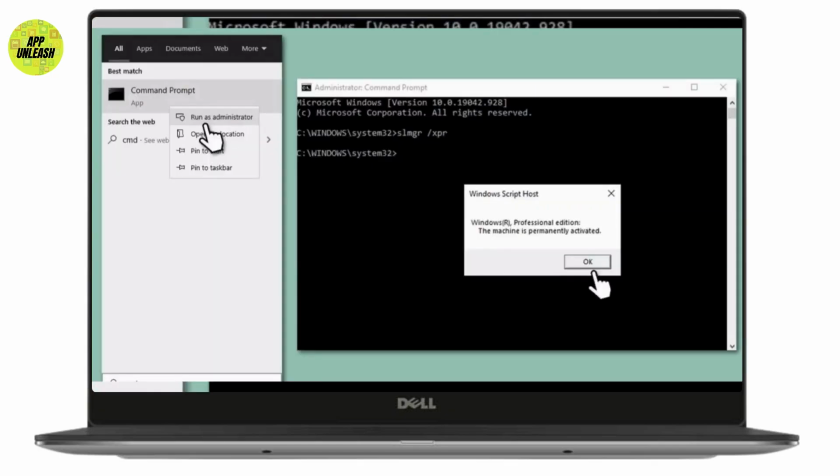Now, the other method is use Command Prompt to activate Windows. Type CMD in Windows search, then right-click on Command Prompt and select Run as Administrator. When User Account Control shows up, click Yes. Once Command Prompt opens, copy and paste the command and press Enter. If a product key was used on your system, open Command Prompt as Administrator and restart your PC and see